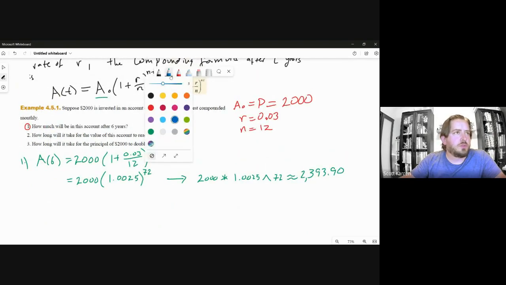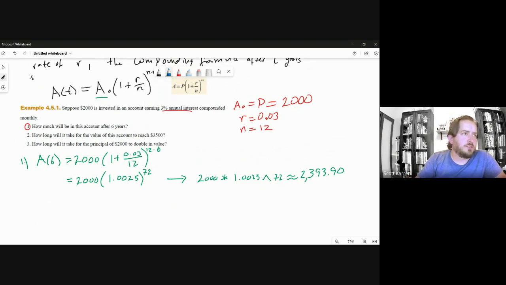Let's look at the second question they ask. How long will it take for this account to reach $3,500? Well, that's the amount that we want to figure out, the amount at whatever unknown time. But that means the amount at I don't know what time is 3,500. So I'm going to replace that into the first part of this equation. So the equation is going to look like 3,500 equals 2,000